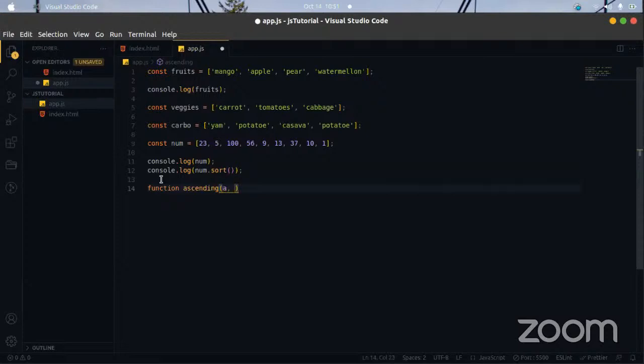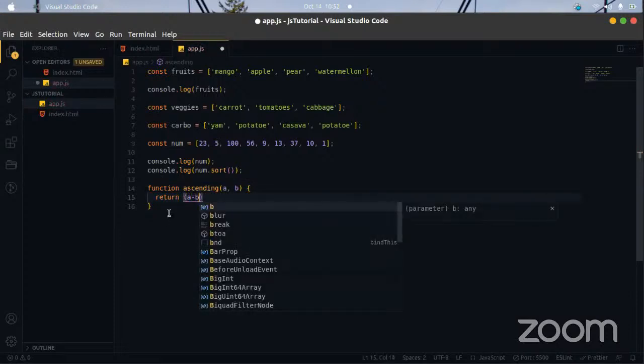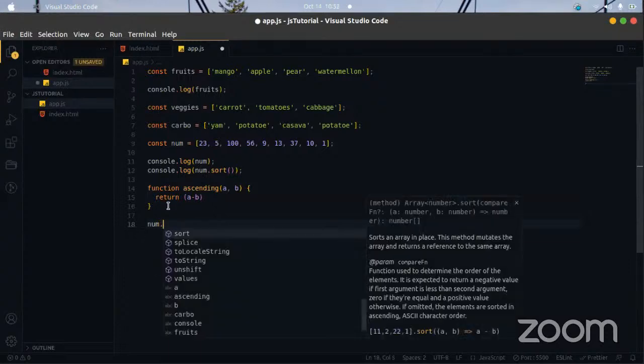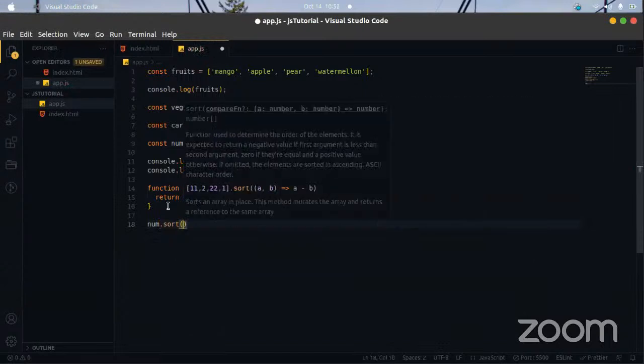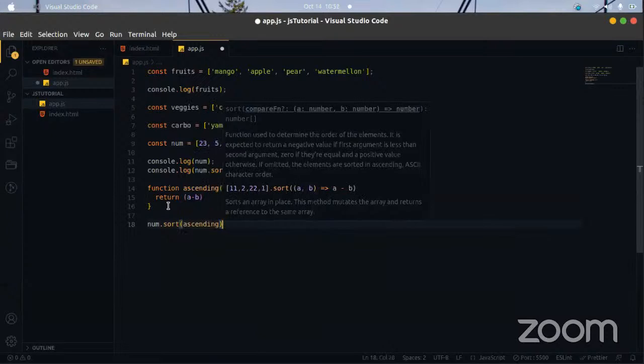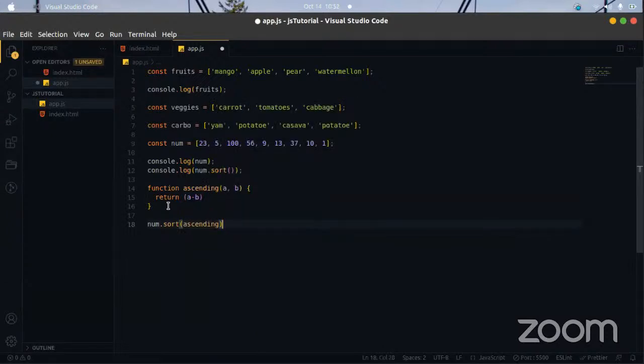We say A, B, and inside the function we just say return A minus B. Then we could call this function and just say num dot sort, we pass ascending, and we console log this.